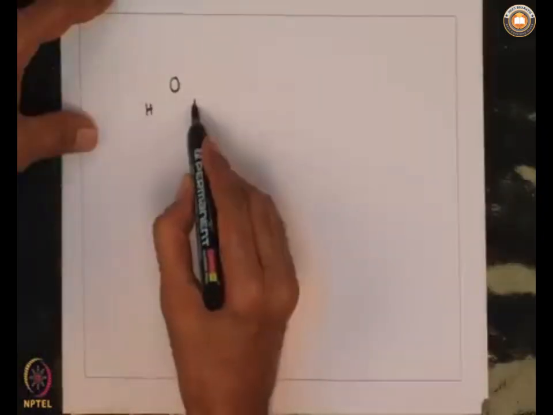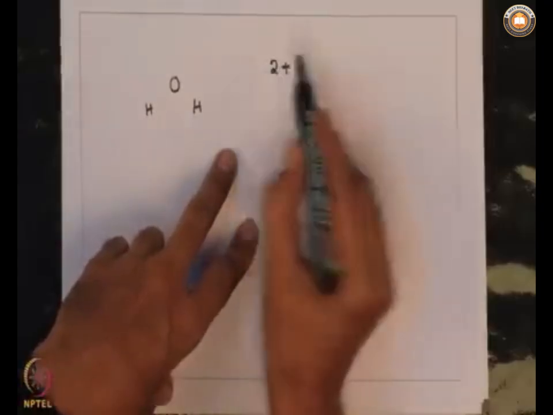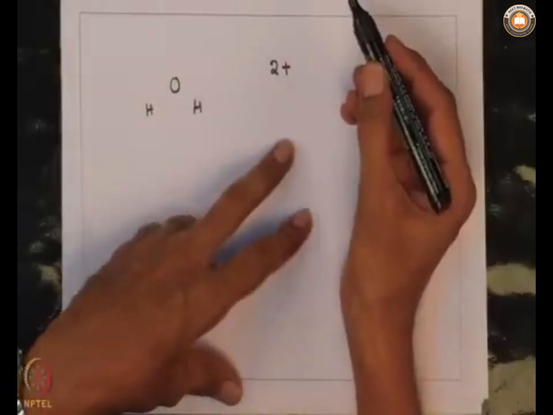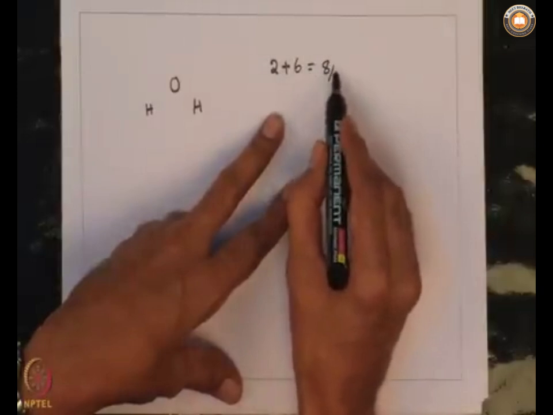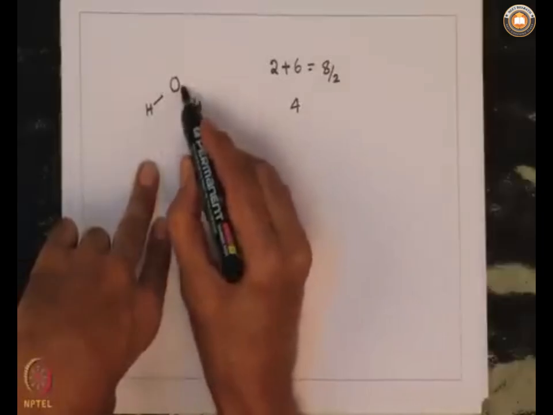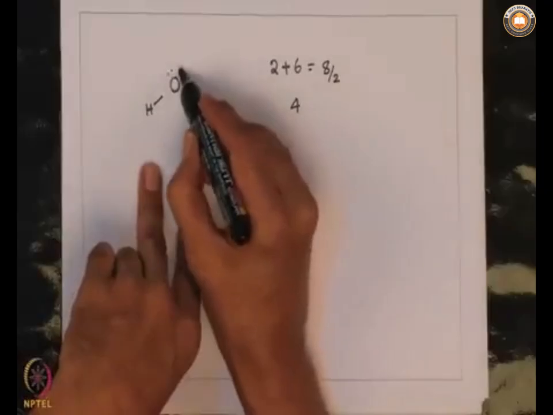According to valence shell electron pair repulsion theory, what we should do is first count the electrons present in the system. So, we have 2 hydrogen atoms contributing 2 electrons, and we have 6 electrons in case of oxygen because it is 2s2 2p4 electronic configuration. So, in total we have 8 electrons, that means 4 electron pairs are available. Out of that, we use 2 electron pairs to make 2 OH bonds. Now, 2 pairs should be kept here, lone pairs.